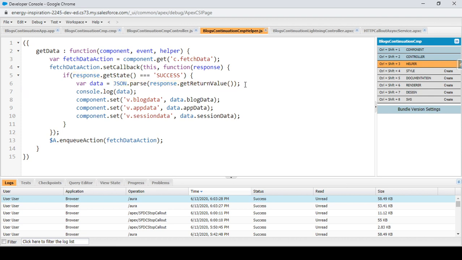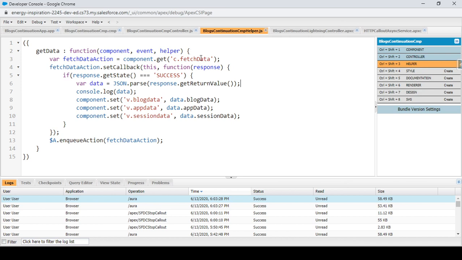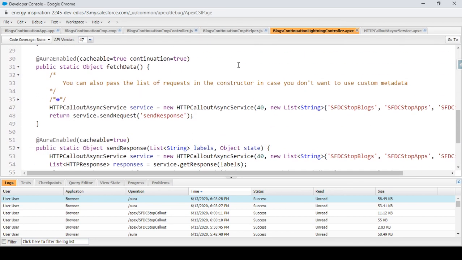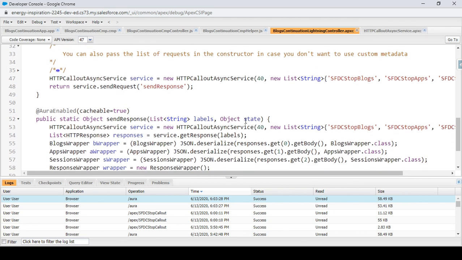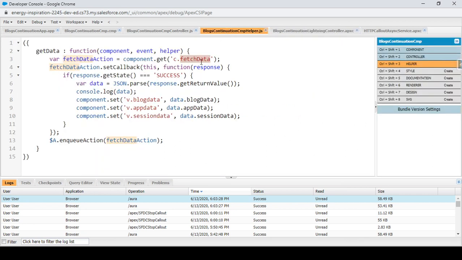So this is the magic that is happening behind the scenes when we are using the continuation class. When we did a call from the helper, we actually called the fetchData method. This fetchData method was responsible for performing the continuation request, and we got the response of that continuation request, all those three callouts in the continuation, in the sendResponse method. And this sendResponse method is returning something which I am getting in the response in the lightning component itself.